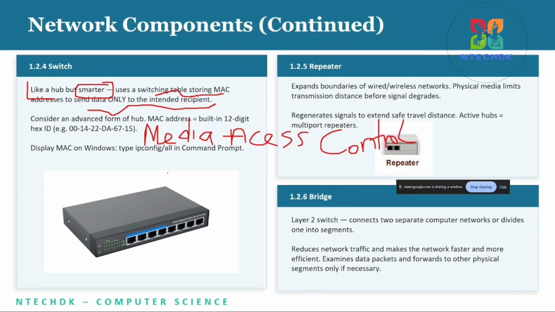Forward it to all other devices on that network, except the port on which you received the data. So when a hub receives data, it sends it to all other ports. But what the switch does is that it maintains what we call a MAC address